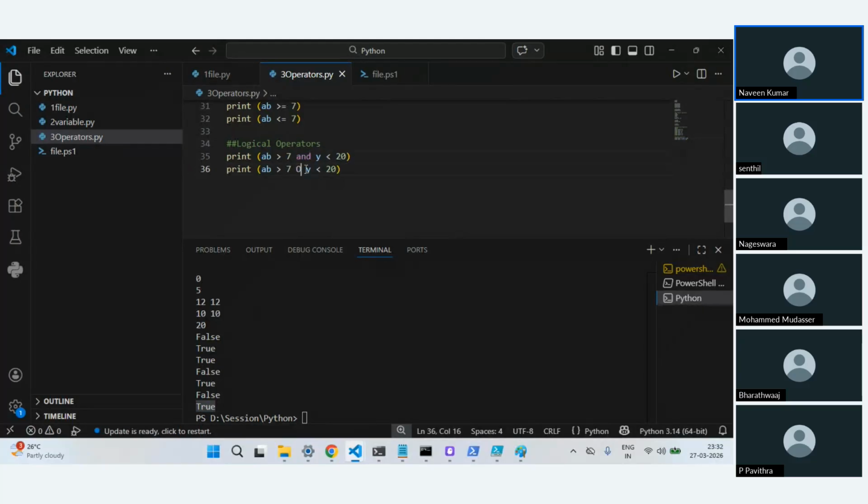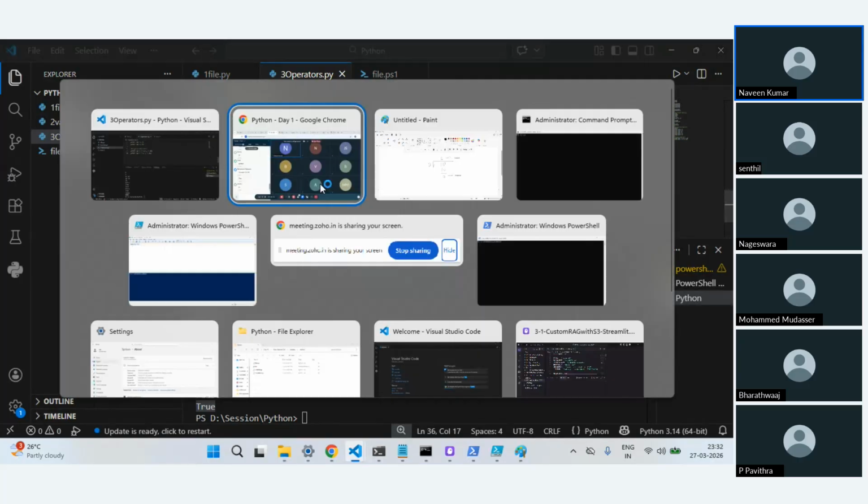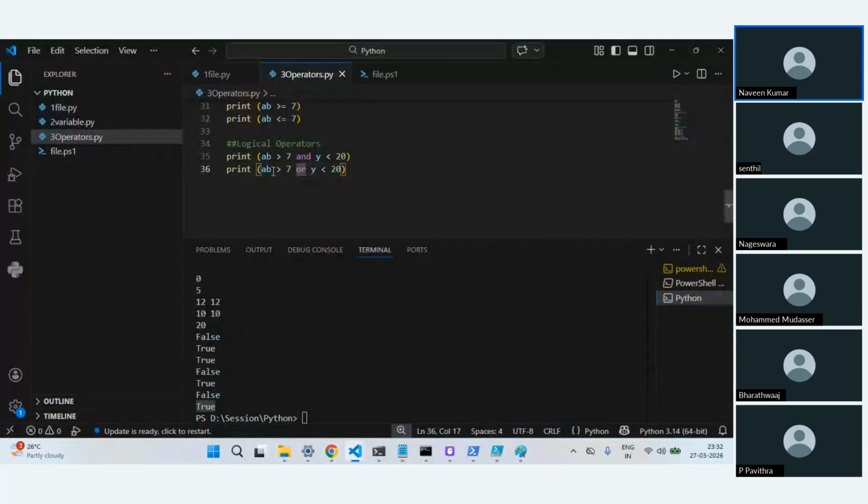If I just say or, then any one condition should be satisfied. If I just say this, it will still print true, because though this condition is not satisfied, this condition is true. That's why it's printing true. This is on the logical operator.